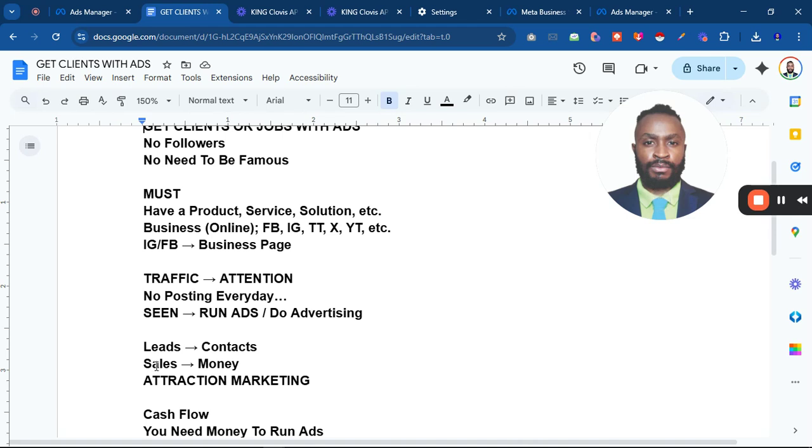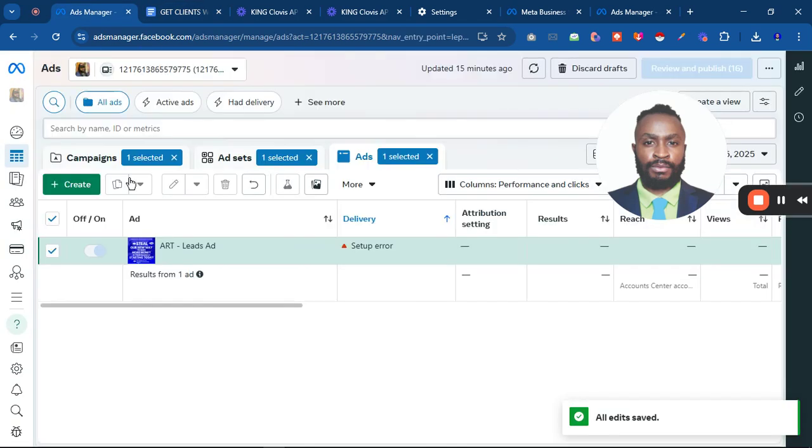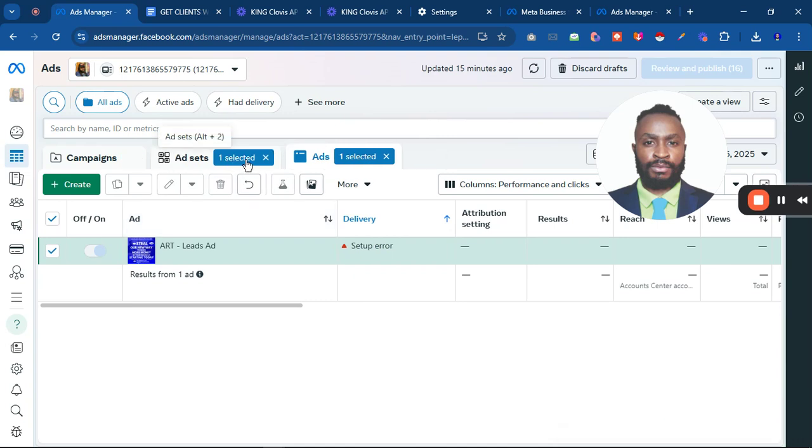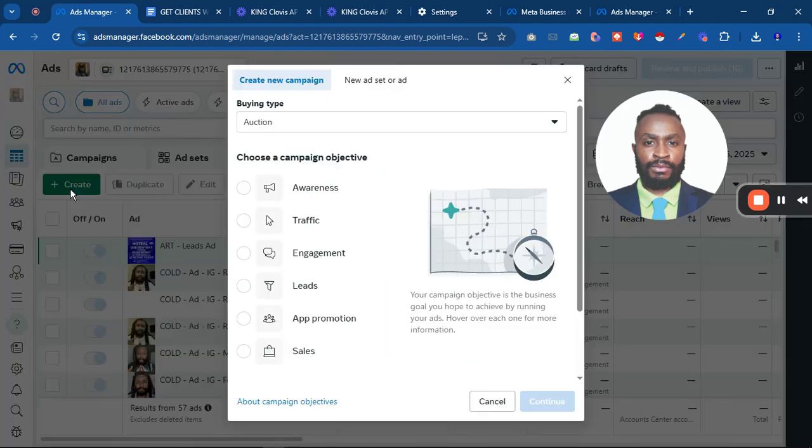I'm gonna show you how to run for sales. So now the sales is all pretty much the same, but a few things are gonna change. So without further ado, let's do that. Okay. So we're done with the lead. Let's say you already published the stuff. So normally you just go back again. It's gonna publish. So now you go again to